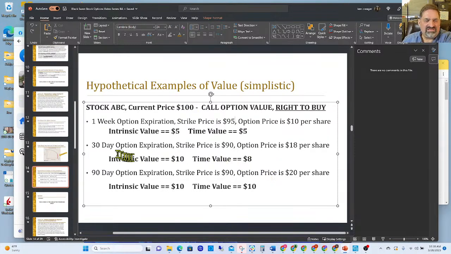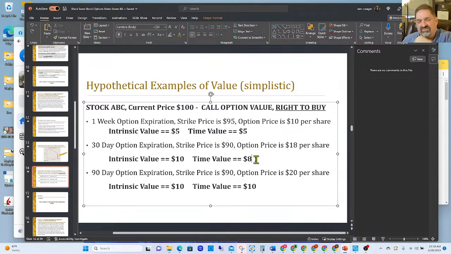Okay. So say we go get one that's 30 days out. This strike price is 90. And so I have $10 of intrinsic value, the difference between 90 and 100. But the option's price is $18, right? So that means I have $8 of time value. And you'll notice the difference, one week to 30 days,